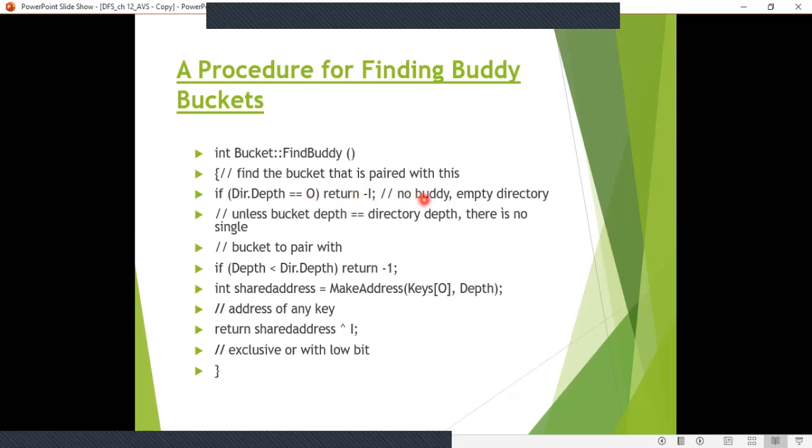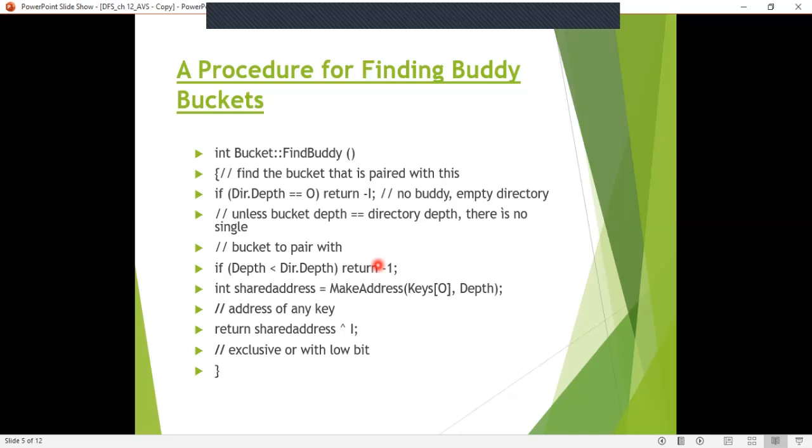That is, there is no buddy bucket. Next, you are checking if depth is less than the directory depth. That is, in this if condition, we are comparing the number of bits used by the bucket with the number of bits used by the directory space.